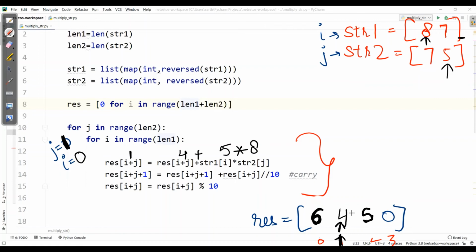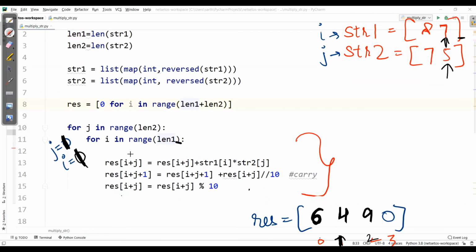So i plus j will be 44, and the next, i plus j plus 1, will have the original number 5 we already have here, plus 44 divided by 10. 44 divided by 10 will be 4. 4 plus 5, 9. 9 will replace, and on the first index we will get 44 modulus 10. That means 4. Now i is equal to 1.